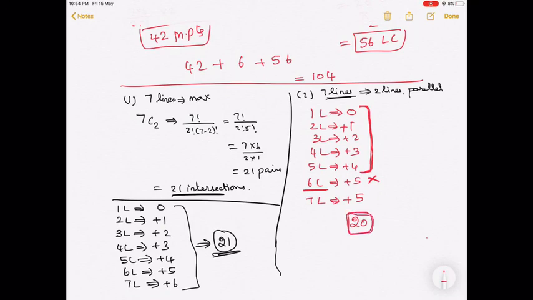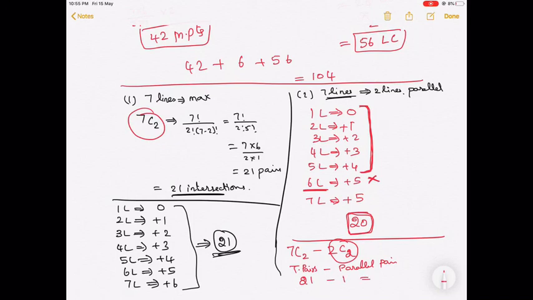So when 2 lines are parallel, I need to consider that among those 2 lines, the 2C2 meeting point will be missing. An alternate way would be, among 7C2 pairs of lines, I will subtract the parallel pairs, because from the 7C2 pairs, 2C2 pair is parallel lines. This is total pairs minus parallel pairs. So totally 21 minus 2C2, which is 1. So totally there will be 20 different meeting points. So I can solve it in either of these methods.